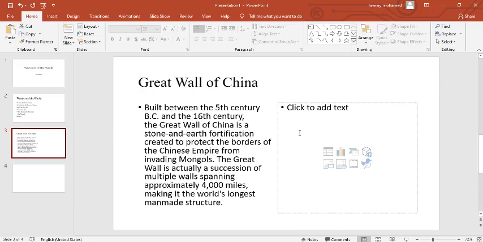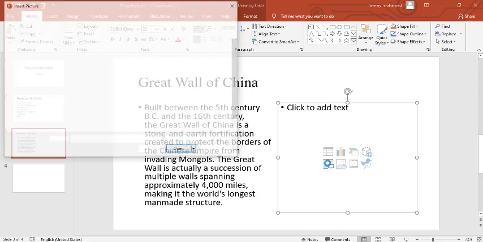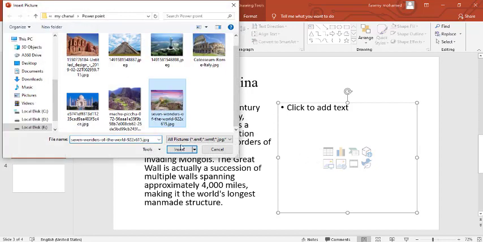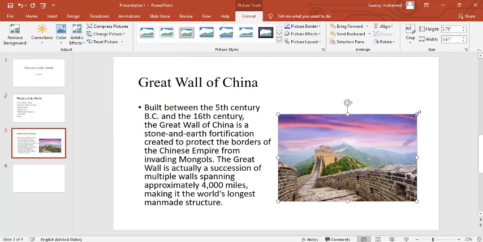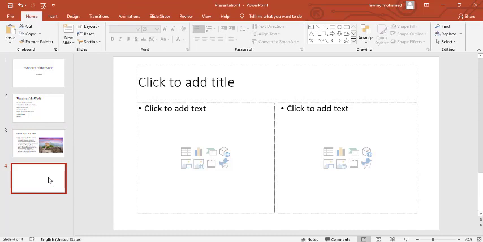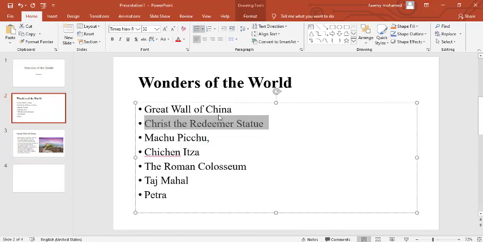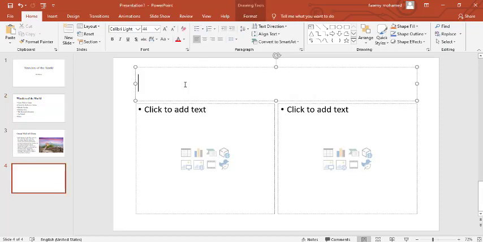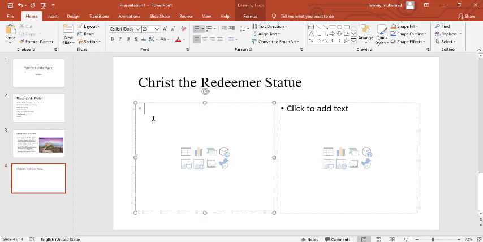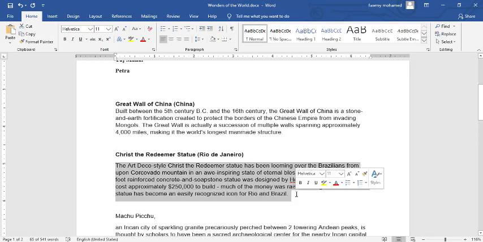And I want to change, I need to add the picture here, and I will click the picture and select this picture to here, and I can click the next slide, and I can use the next heading for this one, and click here, Control V, paste, and you can type the details here, and I'm going to select this one, copy, and paste